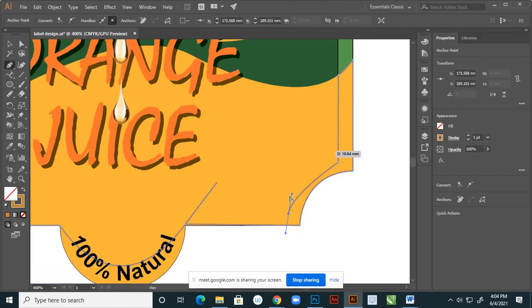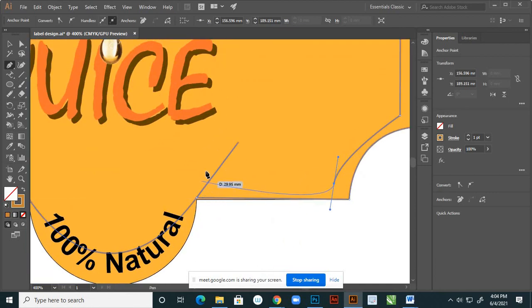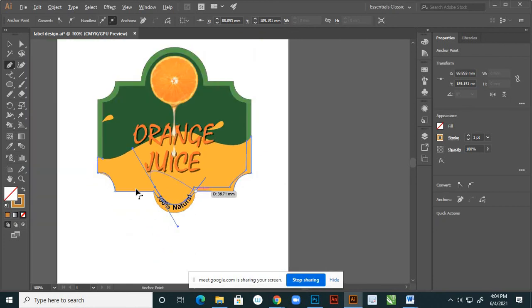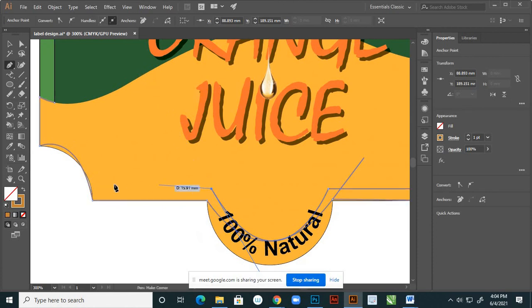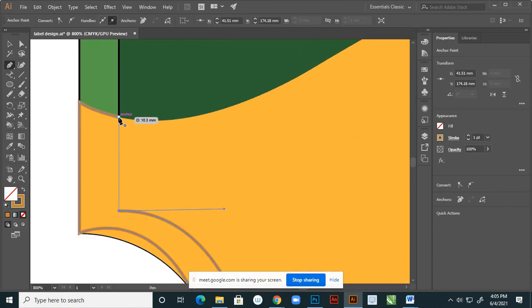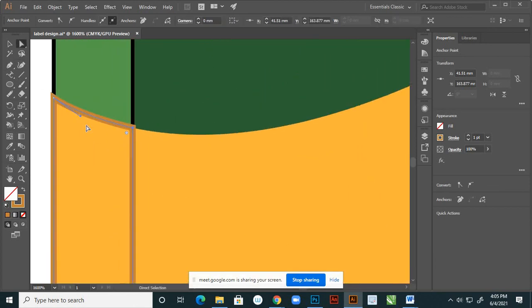Yeah, I'll check with that later. So this is a straight line. Yes, this is, and directly connect to that. Now give that shape, proper shapes,